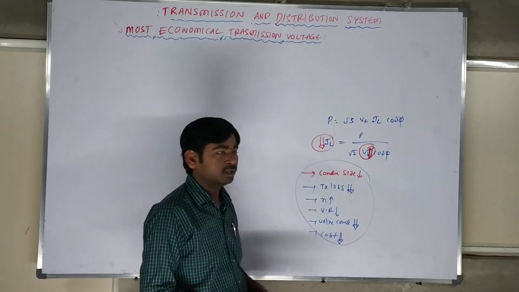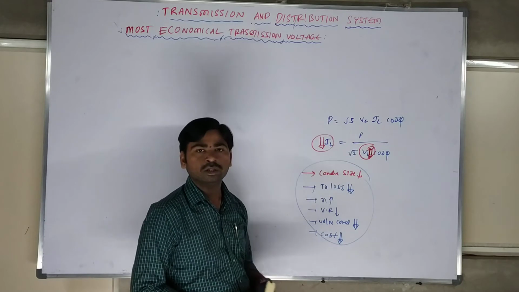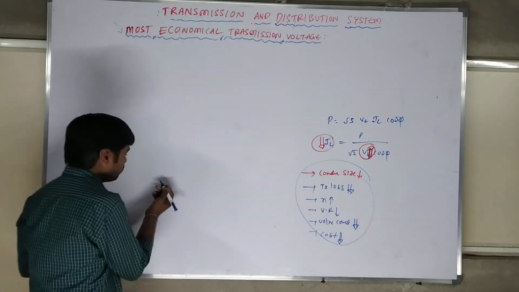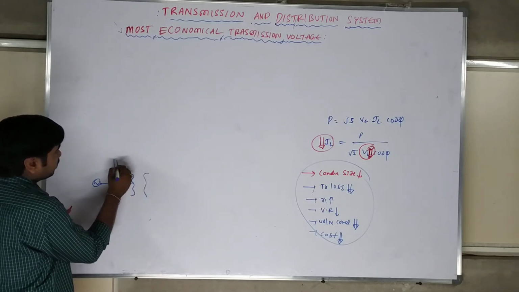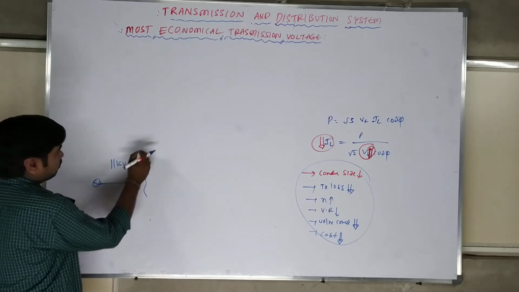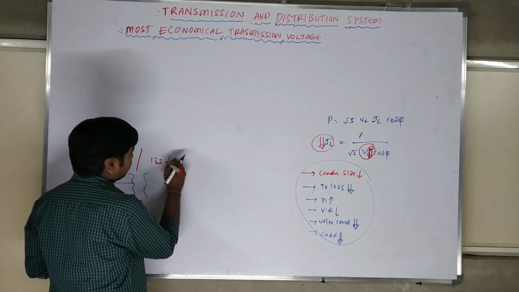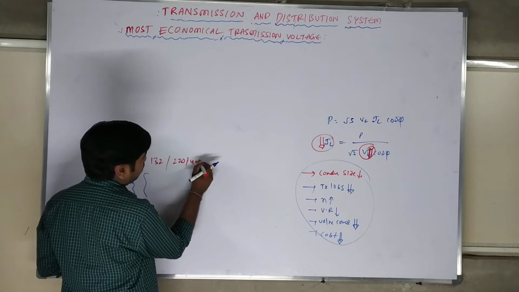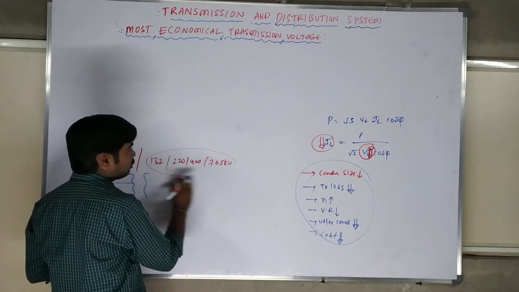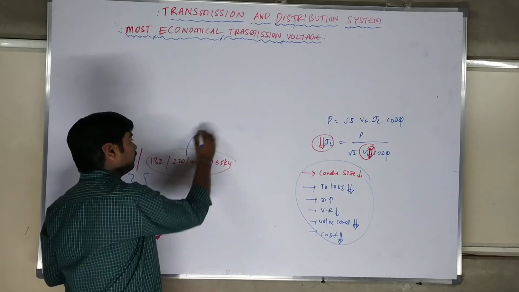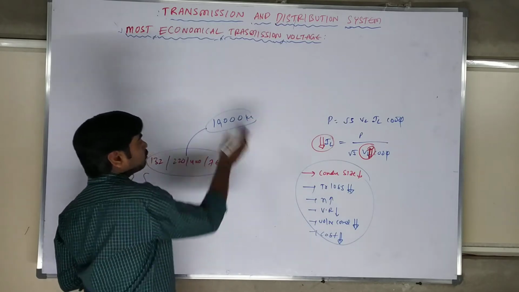Current should decrease, that is the advantage. Some students are asking, sir, but how much voltage do we need to go? Right now, generating stations generate 11 kV, and we have stepped up to a maximum of 132 kV, 220, 440 or 765 kV. If you go up to 765 kV, sir, can you go for thousands also, 10,000 also? Can you go to more voltage?